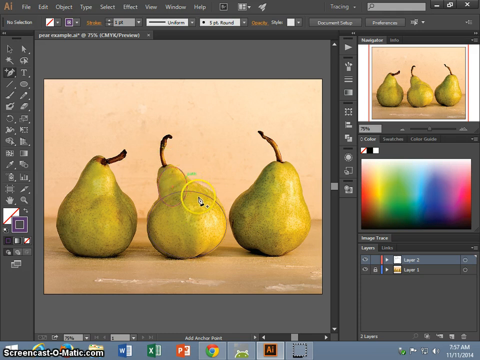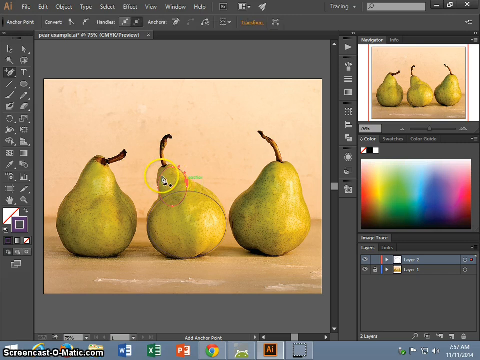And I'm going to look at my two circles and then add anchor points wherever I feel like I need to pull areas of the circle out to fit the outline of the pear. So I'm going to click here. I'm going to click here. There's one right there, so that's fine. I'm going to click one right here. And then on this one, I might want to pull it up there. I'm just going to add some more. These are just points of manipulation, so points that you can pull down, points that you can use the handles to get like an exact